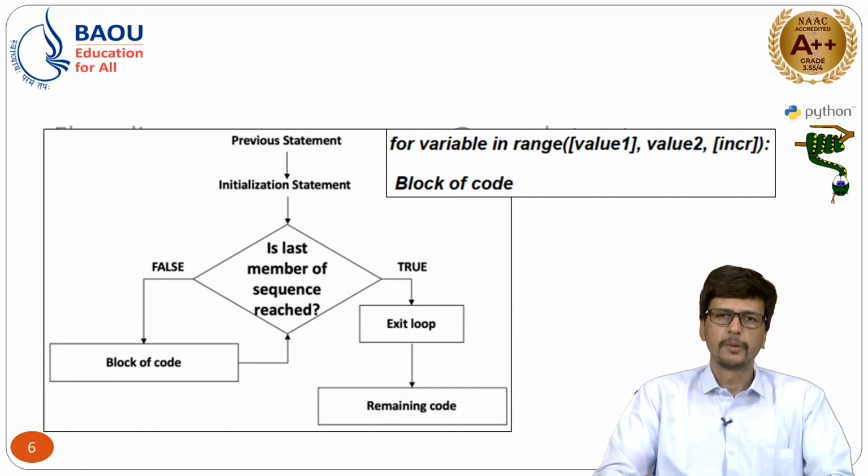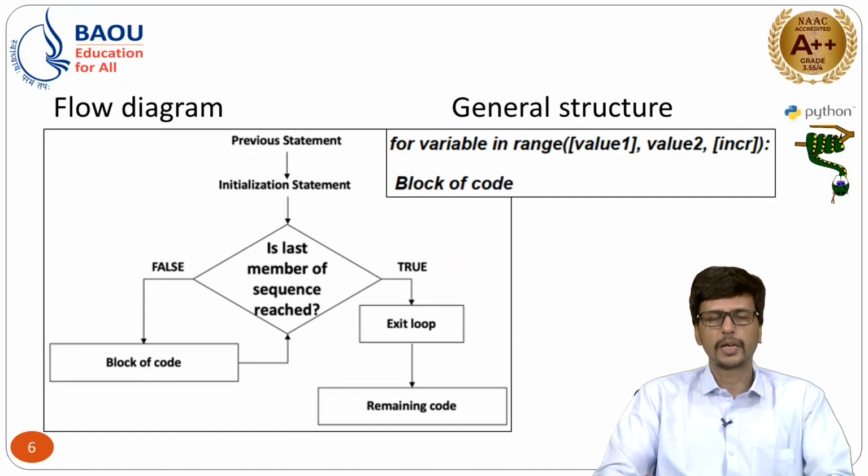you use this statement. Now you can see the flow diagram or flow chart as well as the syntax of the for loop, or the for statement. In the flow diagram you can see the previous statement, then the initialization. As you already are aware, if you want to execute a loop, you require some iteration variable, which is nothing but a counter. You first have to initialize that counter, that is, which value you want to start your loop from, or how many times you want to execute the loop, which can be defined by that counter value. So first of all you have to initialize, then in the diamond you check the condition,